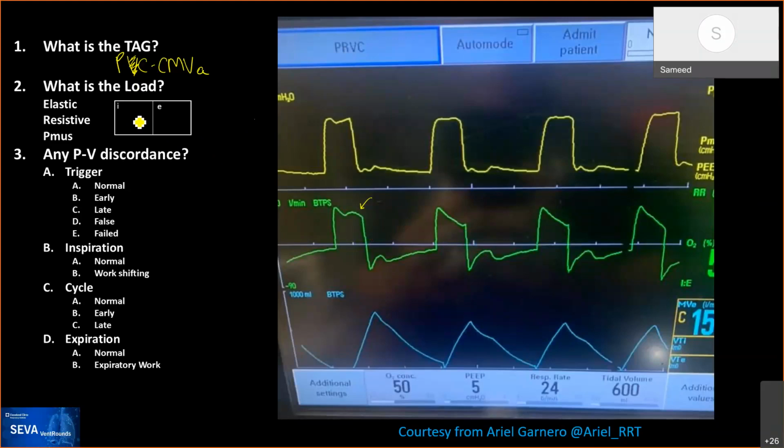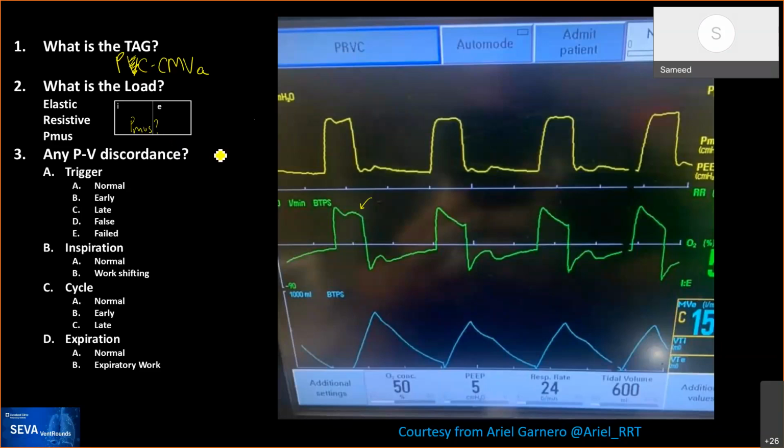The breath has been triggered and cycled by the machine. I don't see any line that would indicate that the patient is triggering the breath. So Pmus, I know the waves are not ideal, but Pmus could be there, but I don't see any patient initiated breath. So I would say inspiratory and expiratory Pmus mainly,